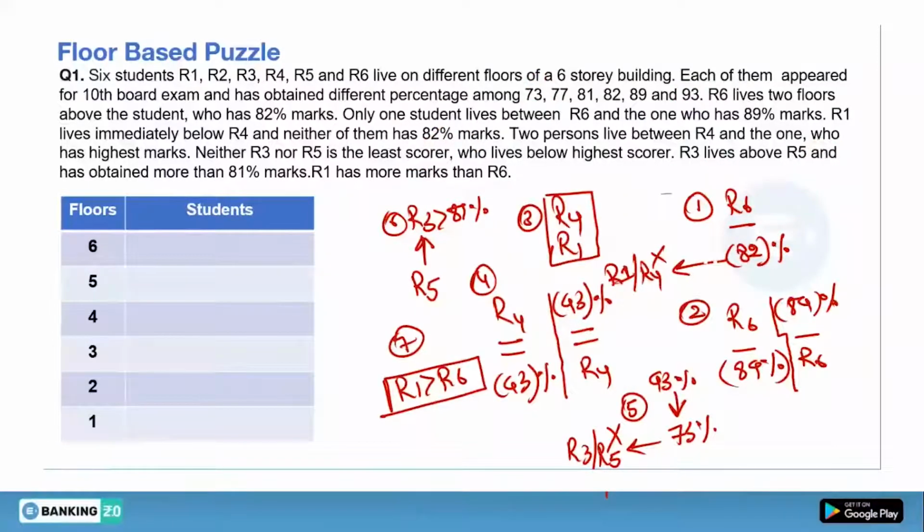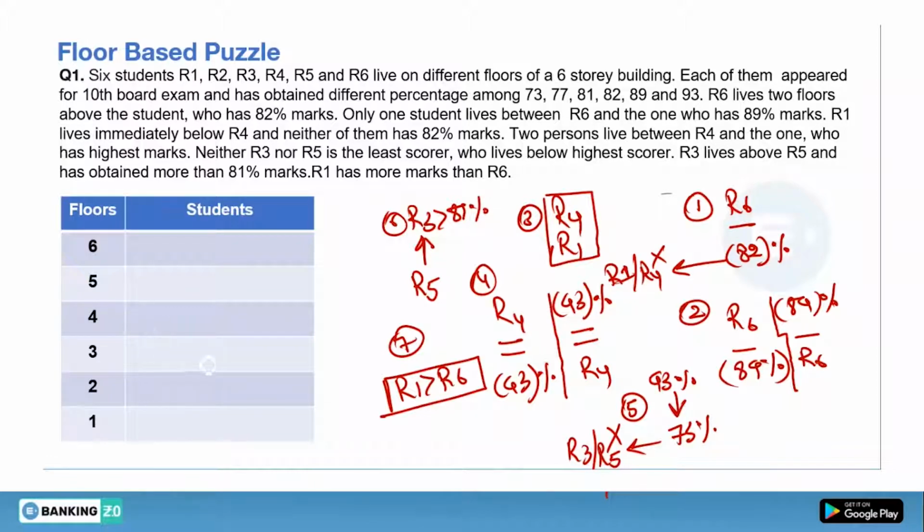So we have to pick those hints which have the maximum common variable between them. By looking at our hints, we can clearly see that between hint number 1 and hint number 2, we have a common element, that is R6. So we can pick these hints together. Most of you may say, sir, why can't we start with 4? See, if I fix hint number 4 here, there will be a lot more possibilities.